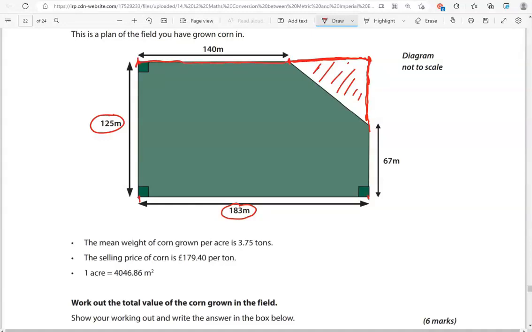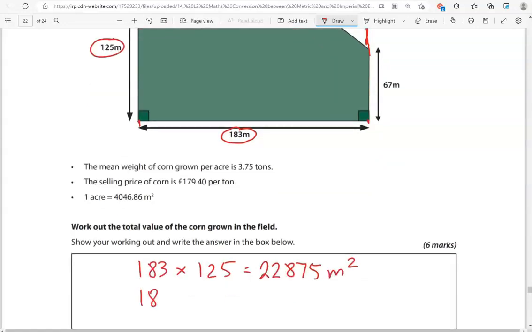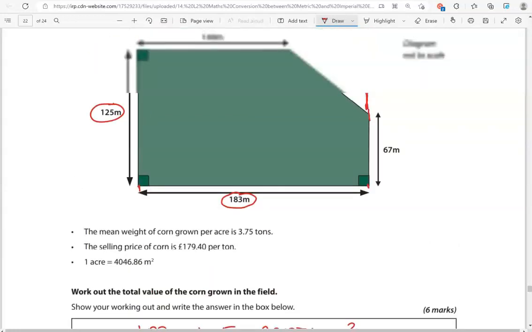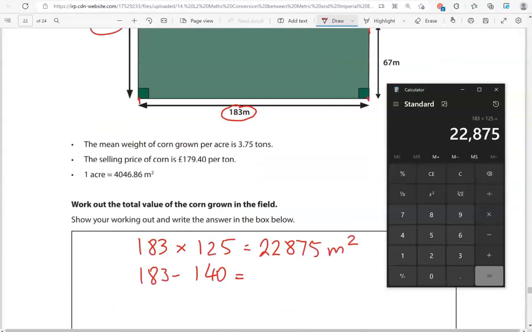Take away 140, so that leaves us with this one here. So 183 take away 140 gives us 43